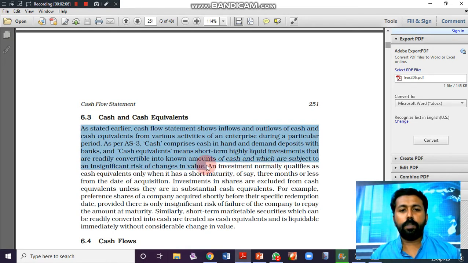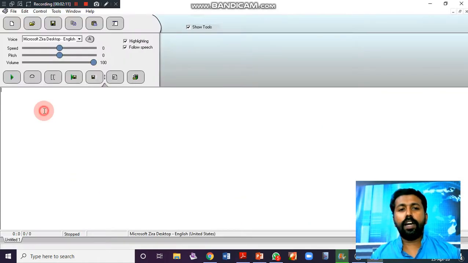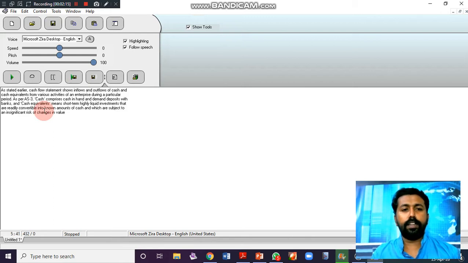So I am copying one paragraph. Then nothing else. You have to copy paste the text file here. So how can we edit it? How can we edit the text file? It's very simple. We are getting two types of audio formats. We can select the voice of male and female. In more updated versions, a lot of other types of voices will be available. So we can adjust only a few items.